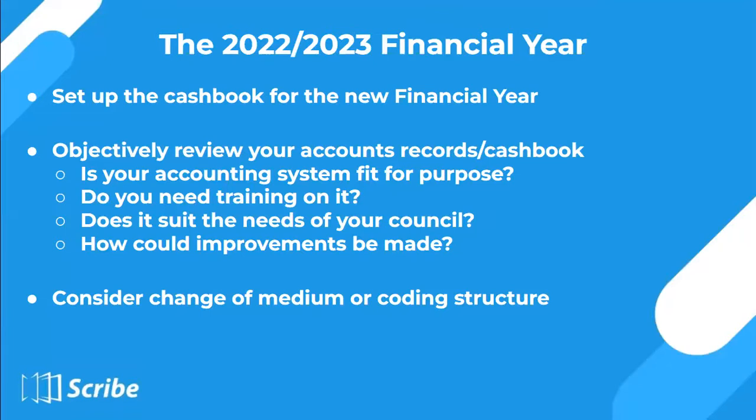Is your cash book up to date? Have you reconciled the bank? Do you know exactly what you're going to need to complete for the AGAR? However, if you can set aside some time now, it's a good idea to set up the cash book for the new financial year. Often smaller councils are able to complete their AGAR in their current year and then start